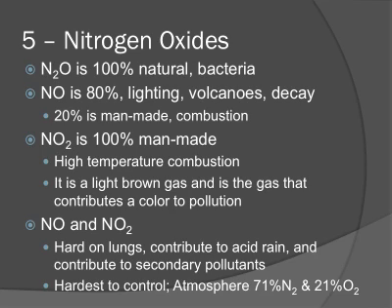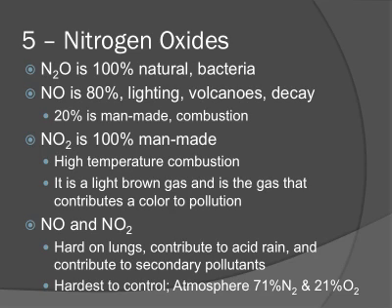NOs, nitrogen oxides, are very hard to control because if you remember back to the last chapter when we talked about the percentage of nitrogen, nitrogen is 71% of our atmosphere. So it's really hard to control the amount of nitrogen oxides produced because there's so much nitrogen in the air for oxygen to bond with. So all we need is some high temperatures, and the reactants are already there. It just needs a little push. So these are really hard to control.